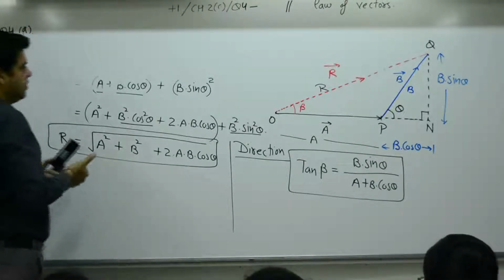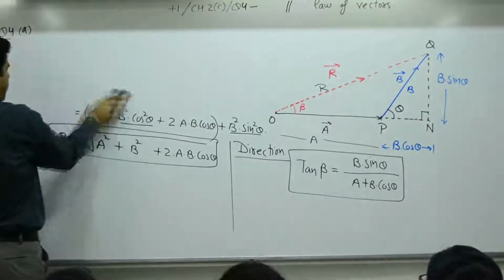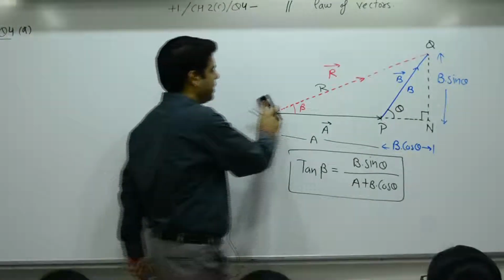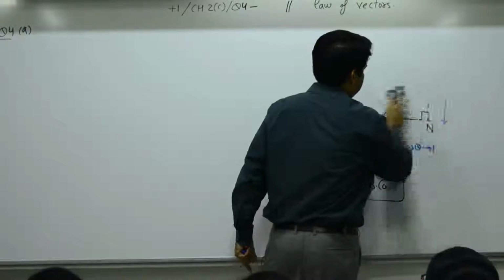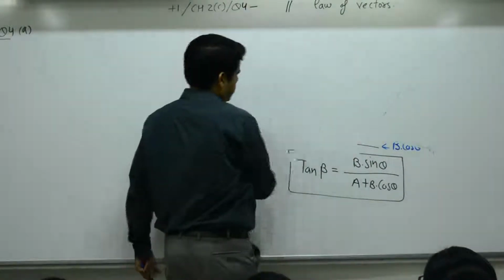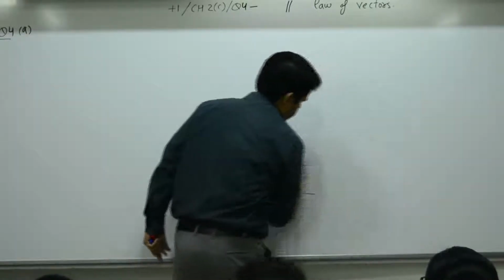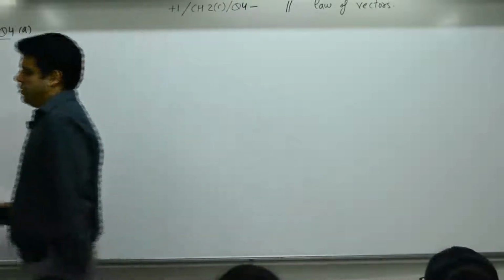first part. What is the law? State and explain parallelogram law. The statement is, parallelogram law states that if two vectors acting on a particle at the same time be represented in magnitude and direction by two adjacent sides of a parallelogram drawn from a point,